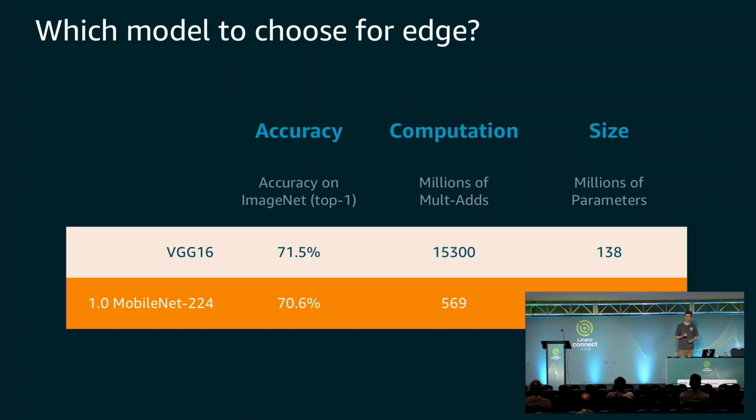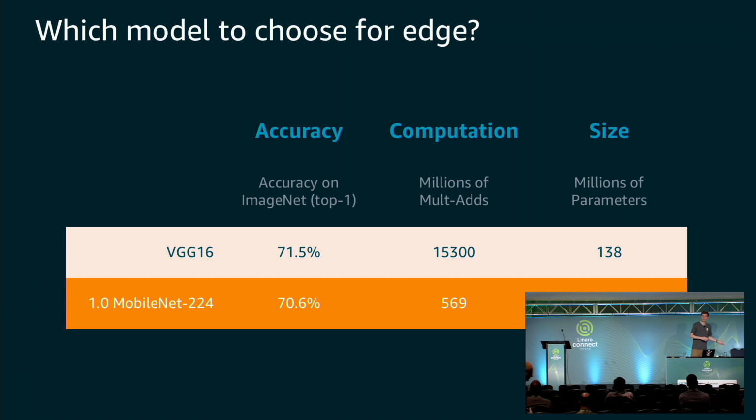So one consideration is the model that we're choosing for Edge. When we're looking through this model zoo, there's going to be lots and lots of different options for us. So I'd just like to talk about a few of the trade-offs that we're going to have here. So we obviously are interested in the model performance. It could be accuracy for your use case. But there's trade-offs with the amount of computation that's required to get that accuracy and then the size of the